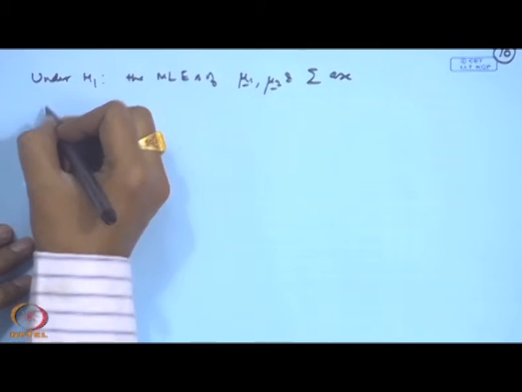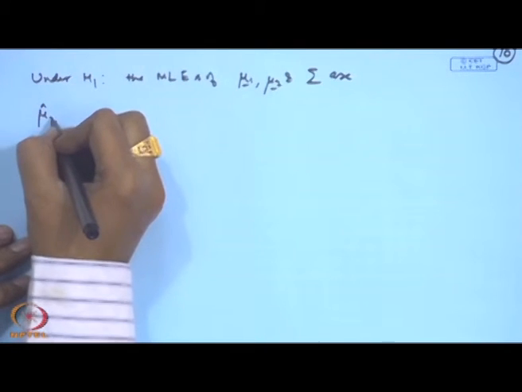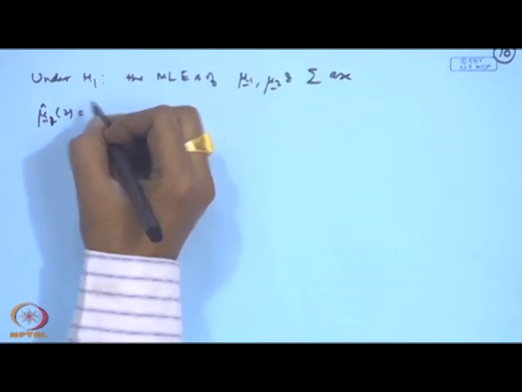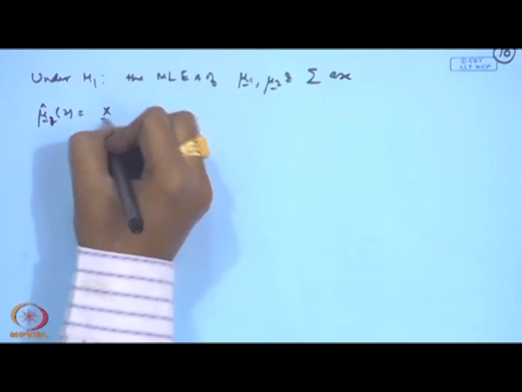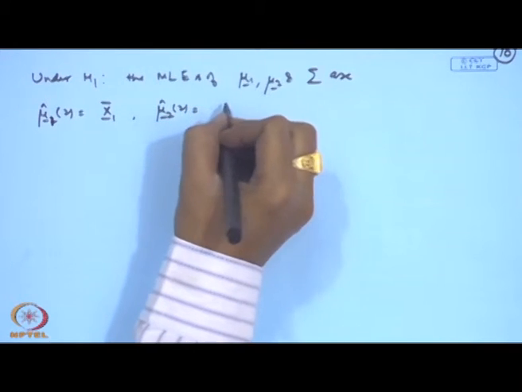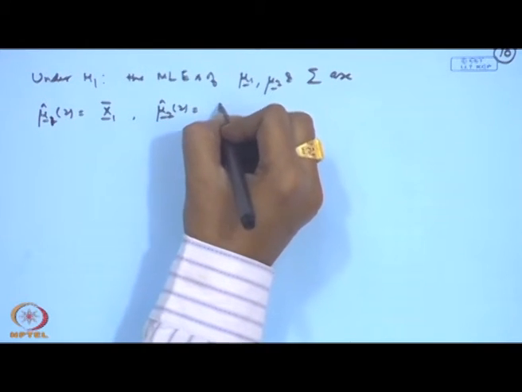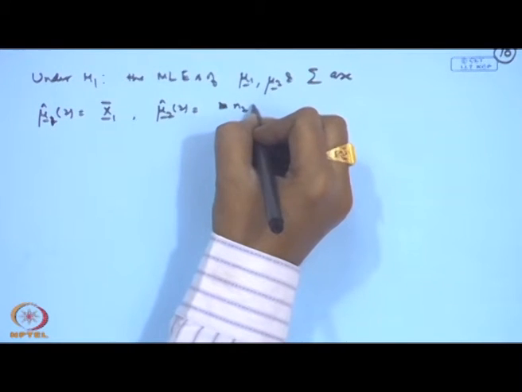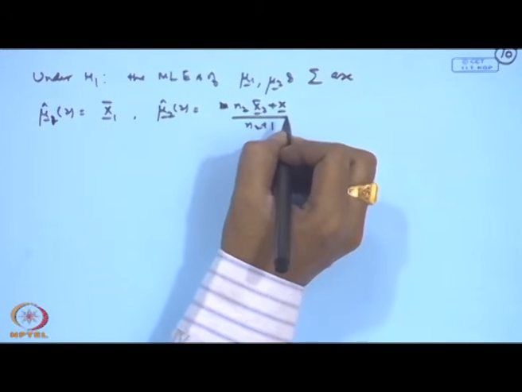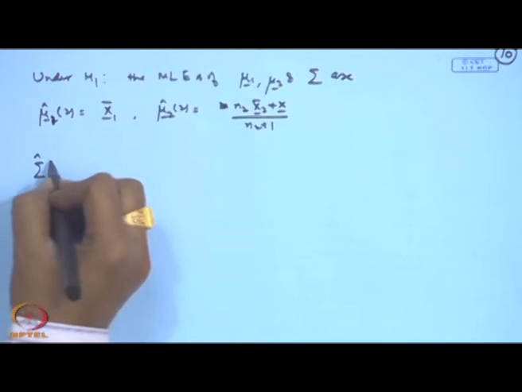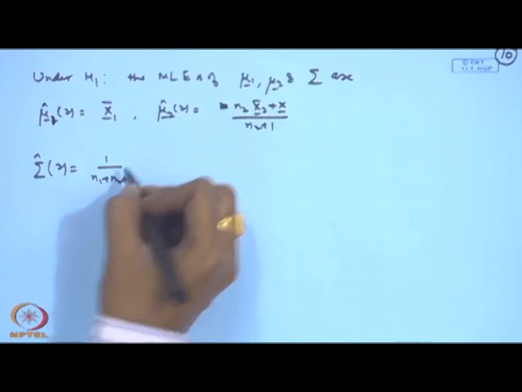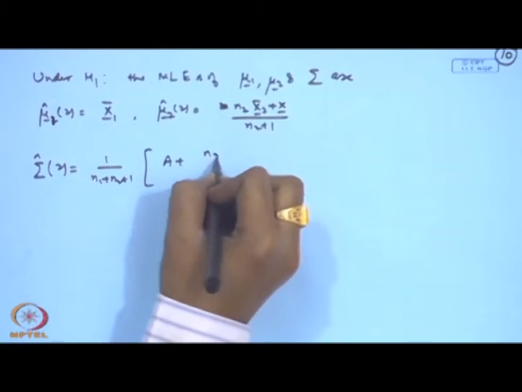Then mu 1 hat will be x bar 1, mu 2 hat will be (n 2 x 2 bar plus x) by n 2 plus 1, and for the covariance matrix it will become 1 by n 1 plus n 2 plus 1, and if we express it in the same fashion then it will become